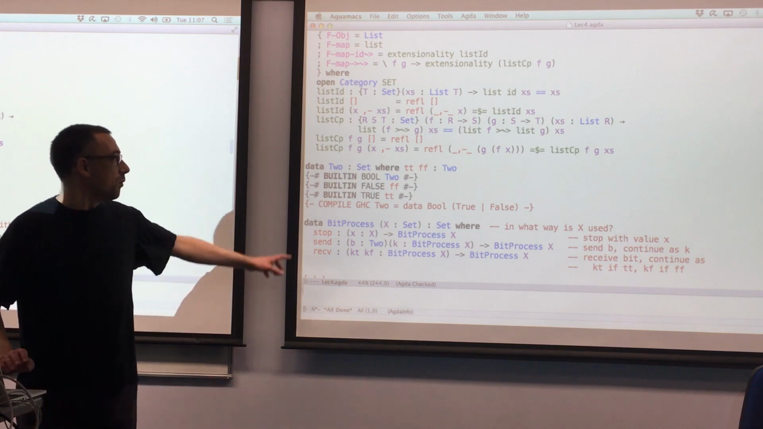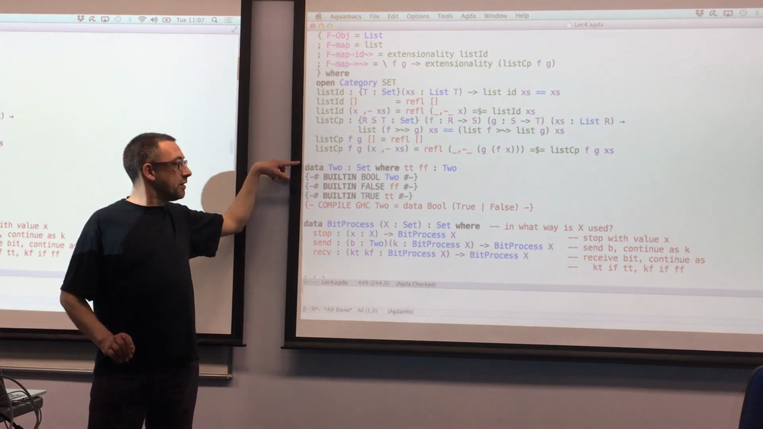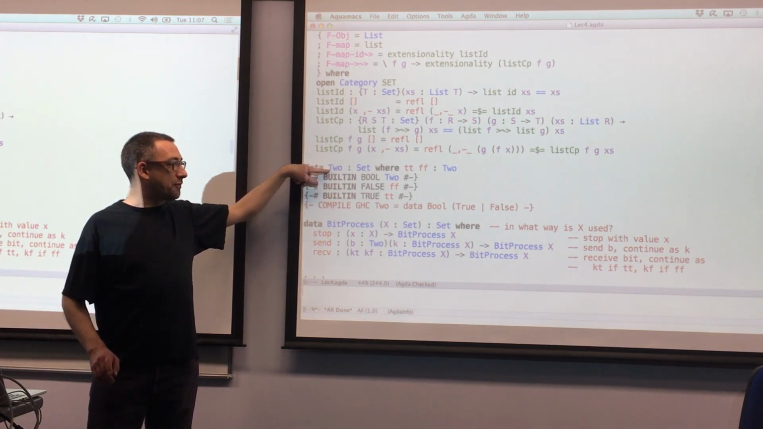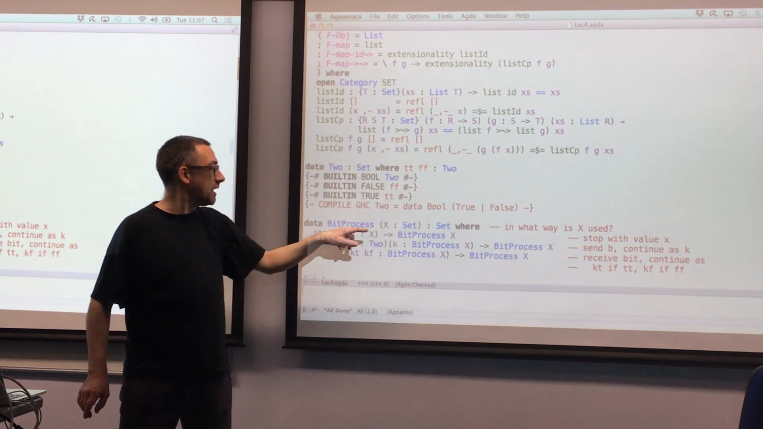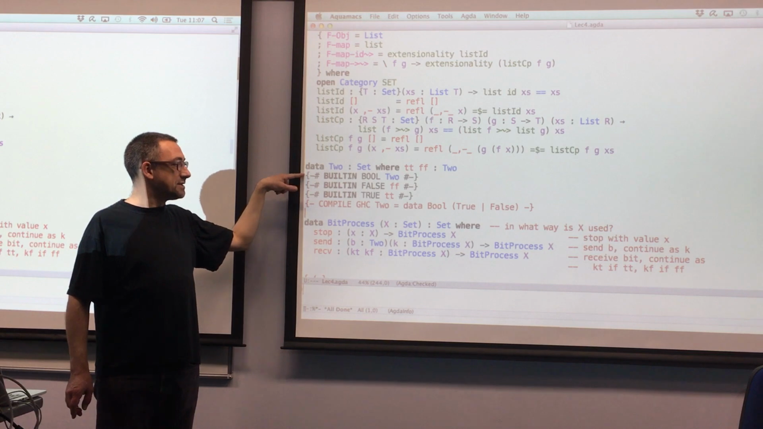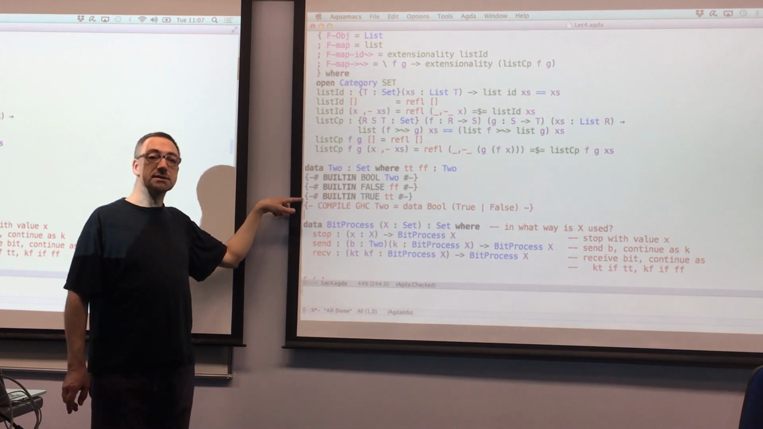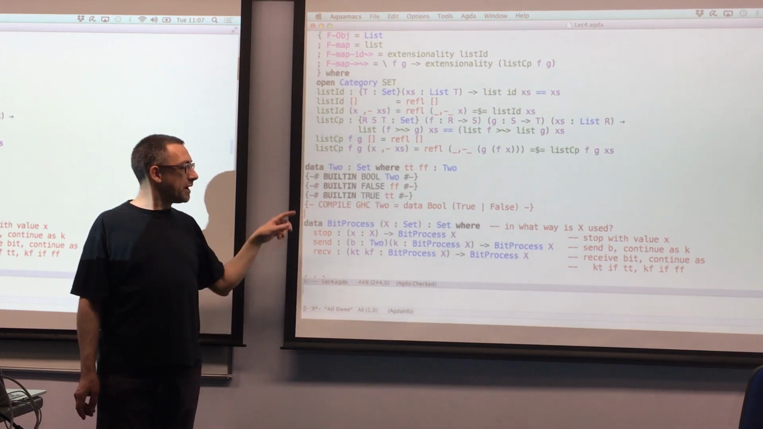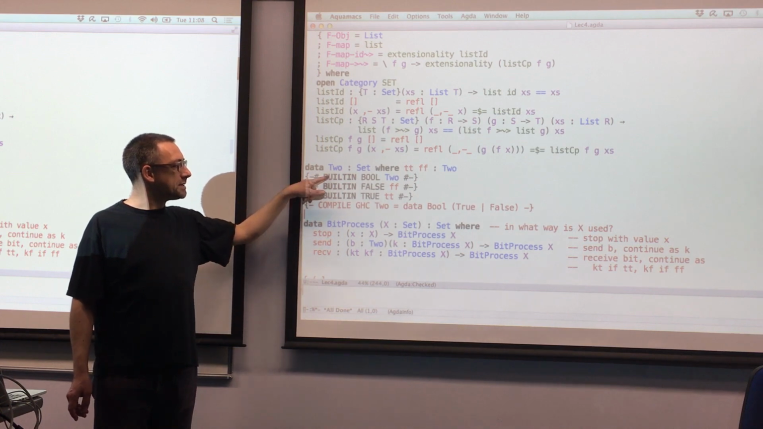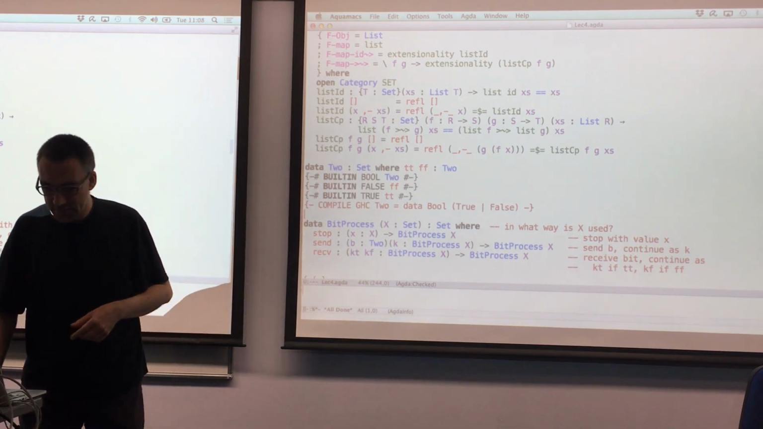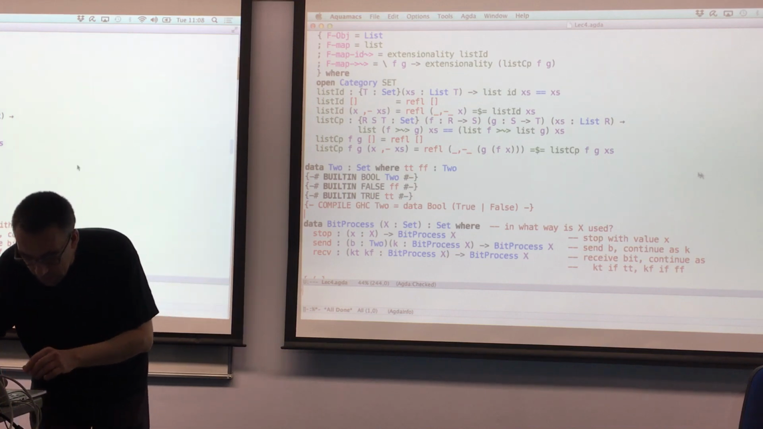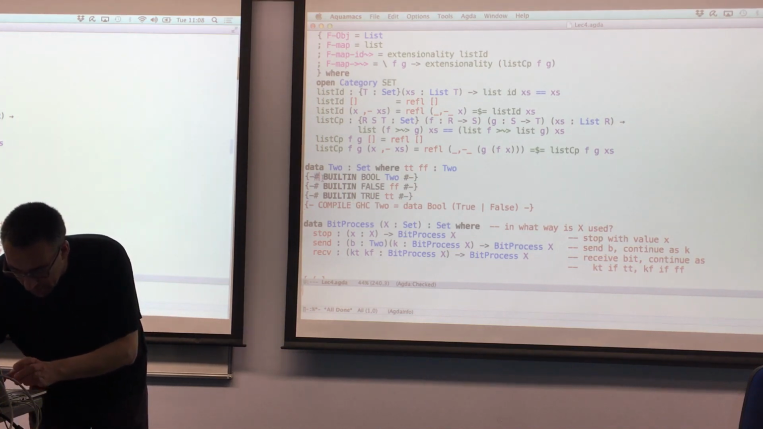And you can see what I've done here. I've got my declaration of my Boolean type 2 with constructors TT for true and FF for false, and I've communicated that to Agda with these built-ins. And I was wondering if there might be something a bit amiss with the way this built-in directive is implemented. So I thought I would try the alternative,